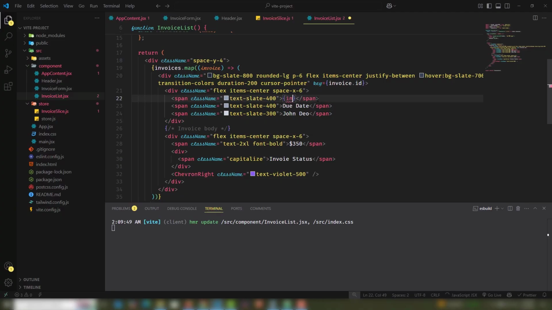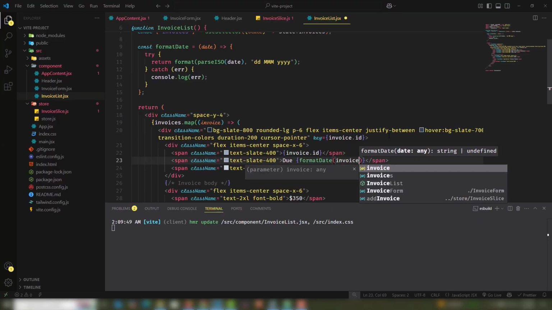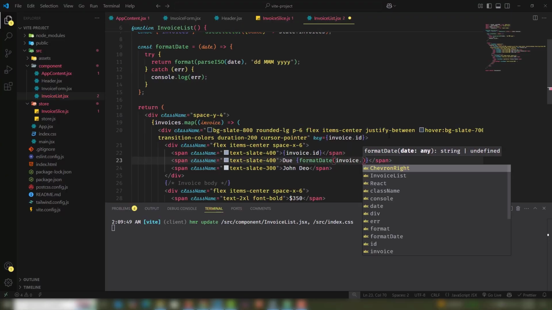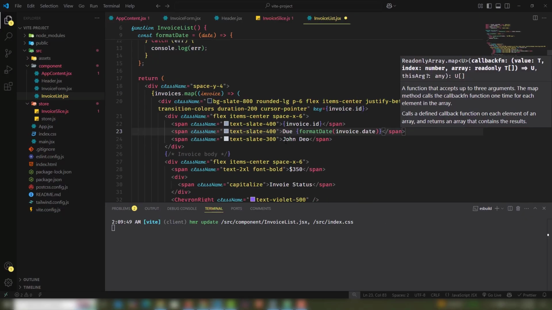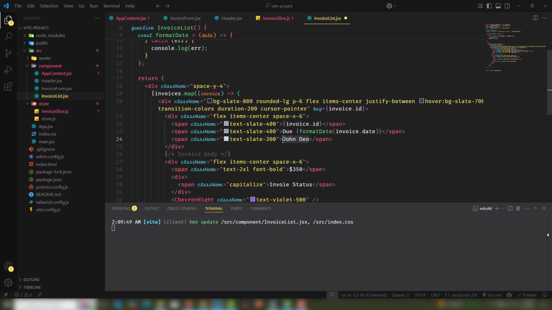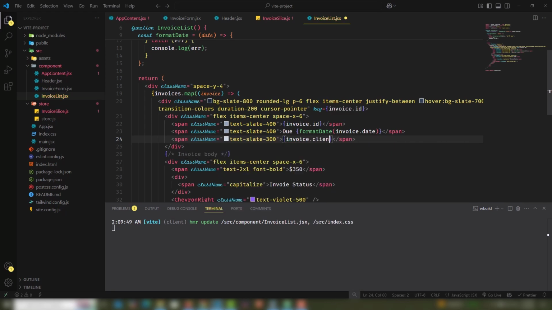So I need to display the invoice like invoice.id, and this is the due date, right? So I need to cut this one, use curly bracket, and I need to target my formatDate function that I made like this one, and inside that you need to pass invoice.date. The next one is client name, right? So you need to remove this one and just use invoice.clientName,